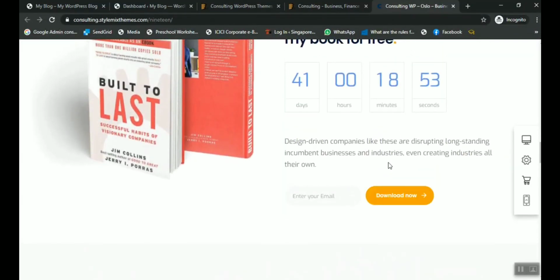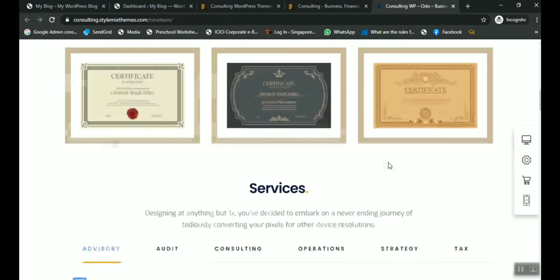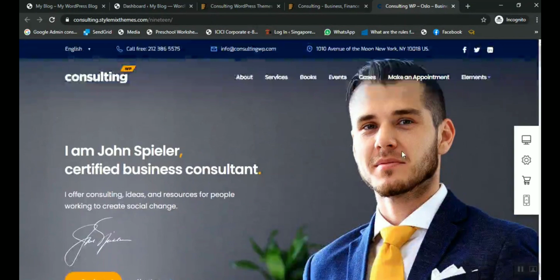So just give me one moment. I will stop my screen sharing, screen recording, and I will buy the theme. It is very simple to buy a theme. Just as you simply order online any copy or any mug, or book online on Amazon or any other sites, it's as simple as ordering a book over the internet. Same, we need to just click on buy now. So I will pause the screen recording.